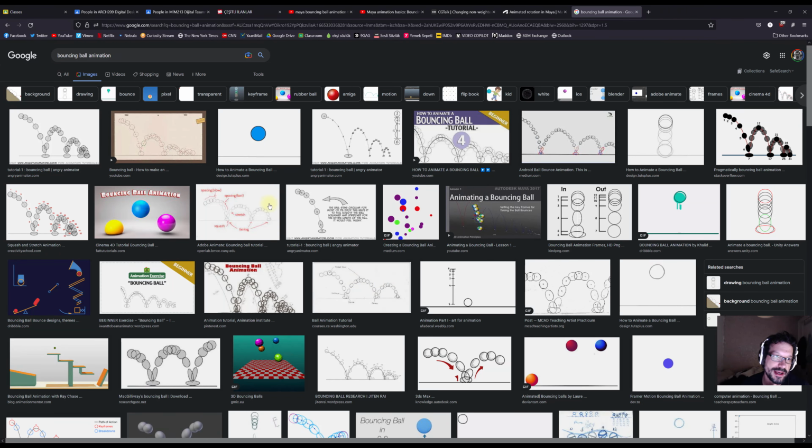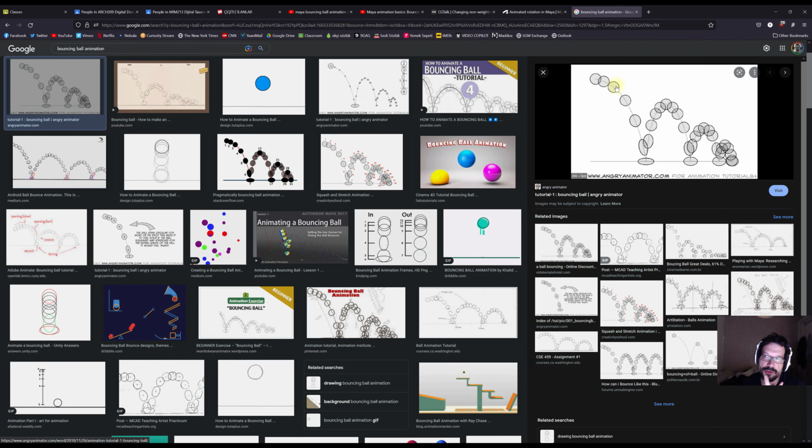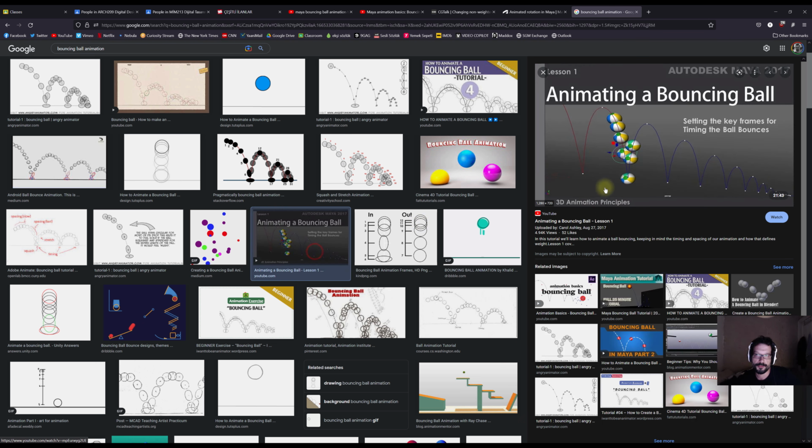Bouncing ball animation is the beginner level introduction to any kind of animation, especially in 2D animation. When you're drawing something frame by frame, you know, Walt Disney style, you will animate a ball, because the animation will dictate how fast this ball is perceived, what kind of transformation it goes through, and how it relates to the overall animation structure of this object in general. But when you're animating a bouncing ball in 3D, it is basically the same principle, but in this case,